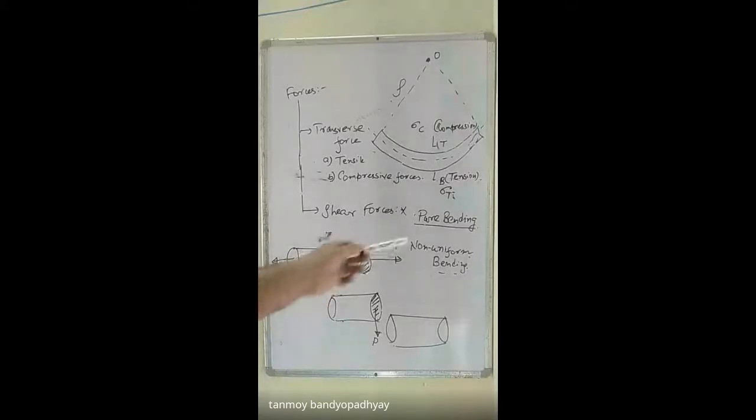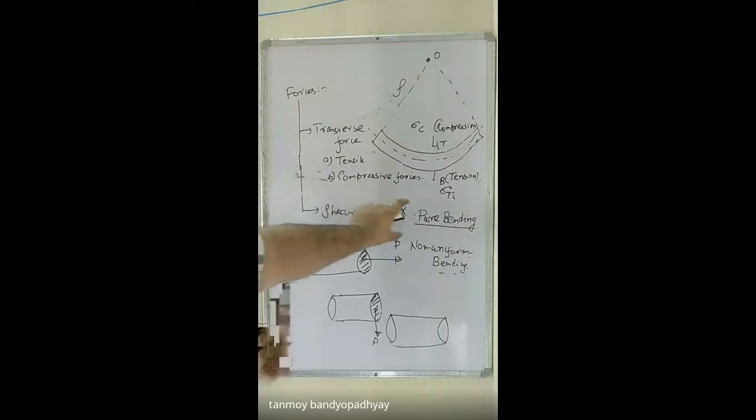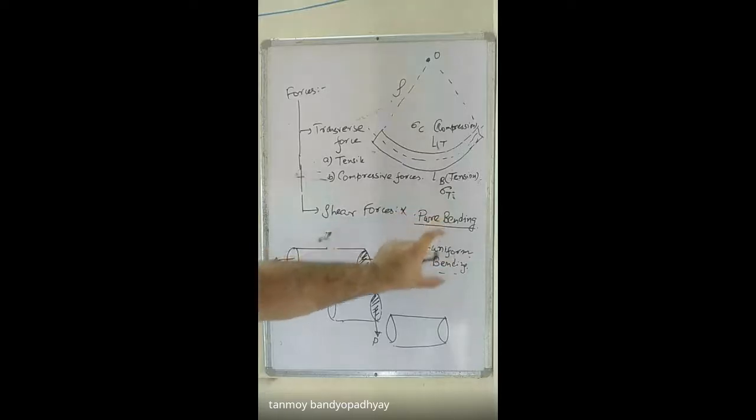So what is pure bending? Pure bending is only under the effects of tensile and compressive forces. Whenever I bend it, the top layers will be in compression and the bottom layers will be in tension. So bending is actually a combination of tensile and compressive stresses, but no shear stresses are present. That is why whatever we study in this chapter is pure bending. No part of shear forces or shear stresses will be discussed here.